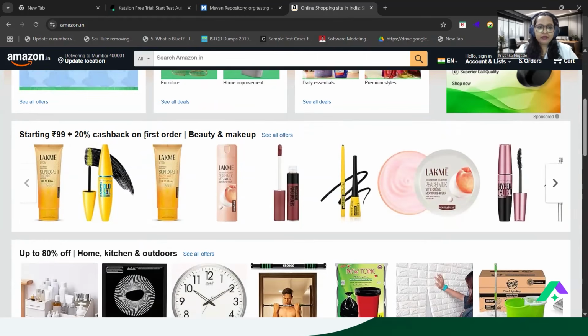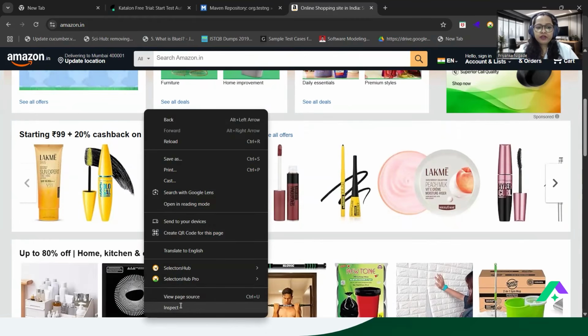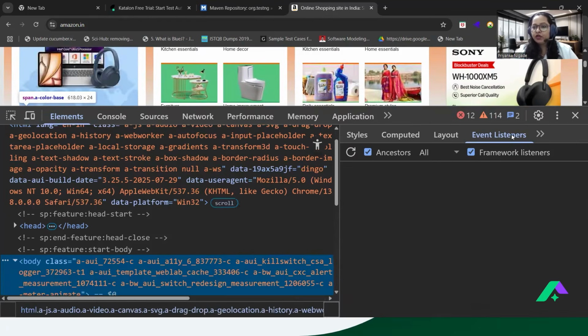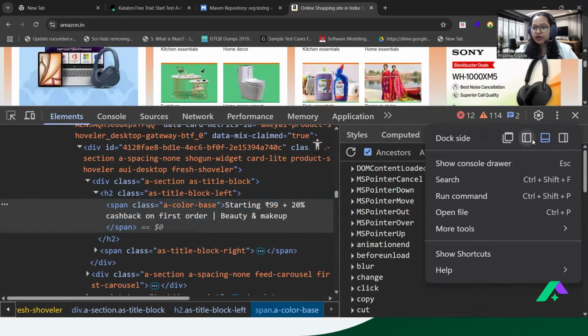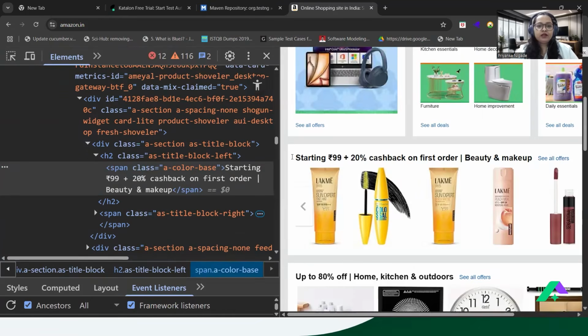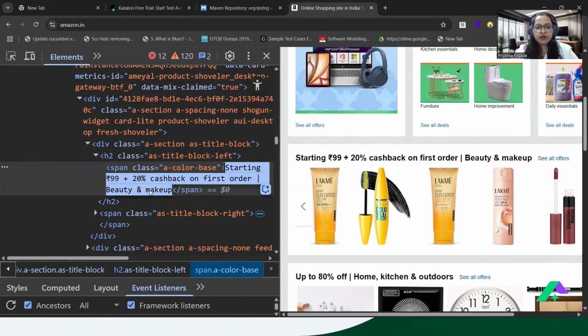Just identify that element. Do right click and click on inspect. I'll just open this vertical view now, and see, it's written here. I can see it is a span tag, and this is where the text is written, cash on first order or beauty and makeup. I would like to scroll up to this beauty and makeup. So what I'll do, I'll just copy this text, beauty and makeup. So better,